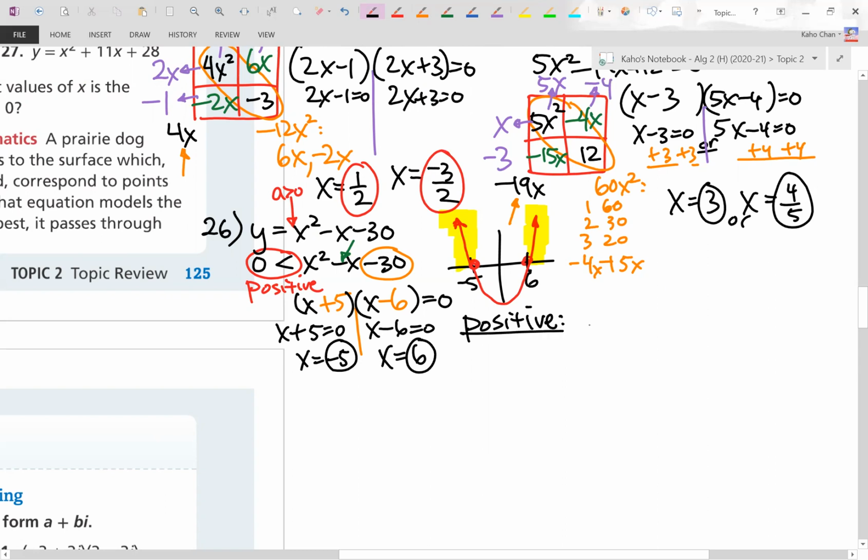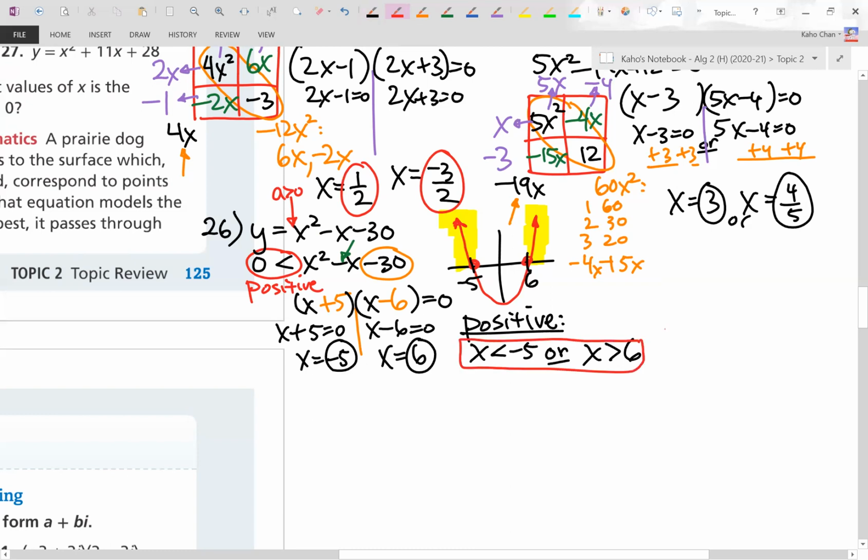Okay, so that's going to be negative 5 or less, but I don't want to include negative 5 because negative 5 is exactly 0. That's neither positive or negative. Or going the other way from 6. So there's your answer